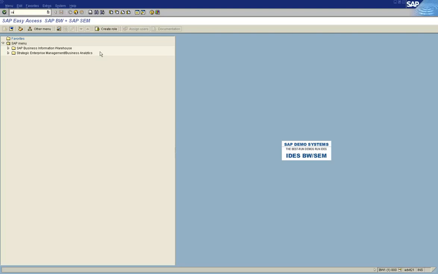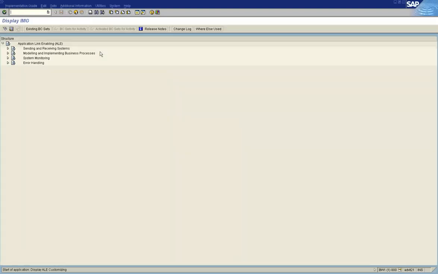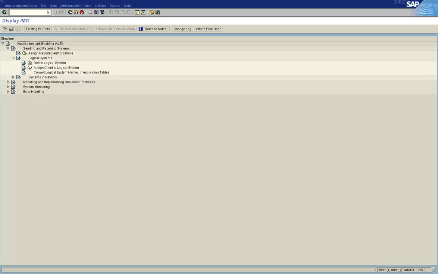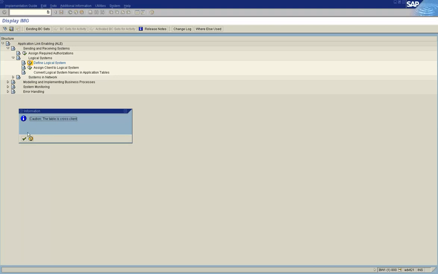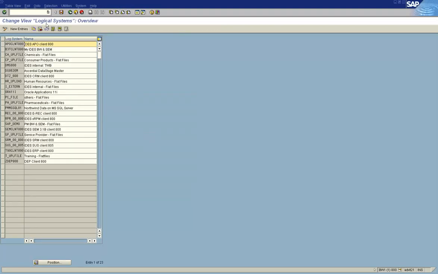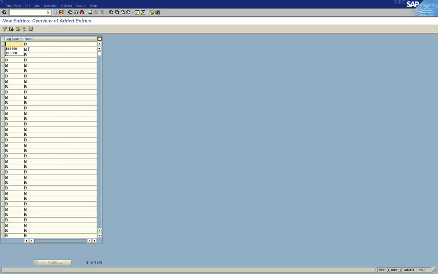Execute the transaction SALE. Click on sending and receiving systems, logical system name, define logical system. Click on new entries, then enter BW1 800 as the logical system name for the BW1 800 client, then define DEP 800 as the logical system name for the DEP 800 client.